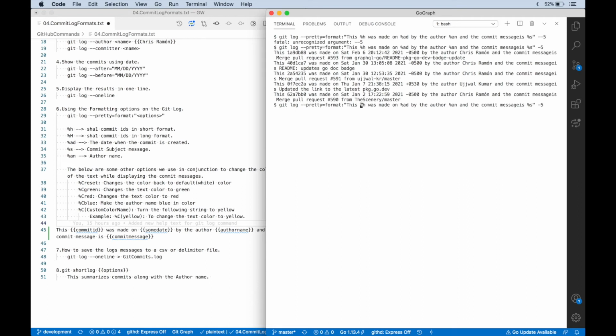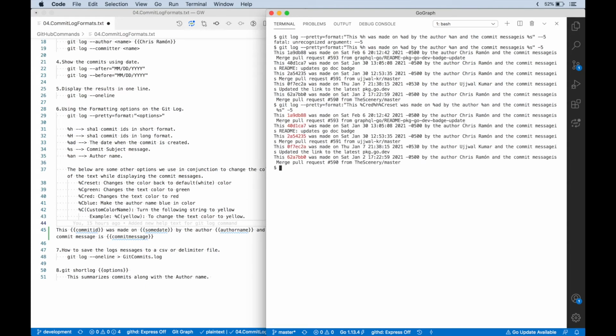Say that I wanted to display this commit ID in red color. Okay, C red, and this is the starting of the block, and we need to stop the color formatting. Percentile C RESET. Let me execute this command and show you exactly what I mean.